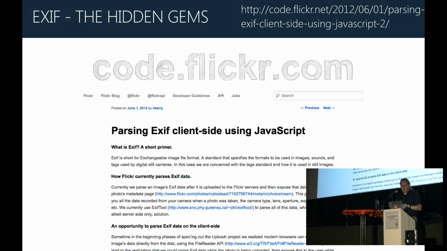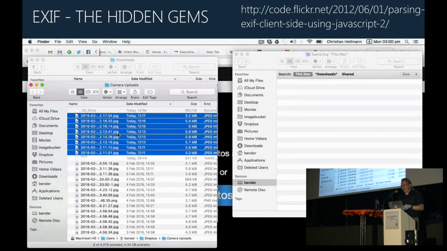In 2012 on Flickr, we wrote a blog post back then about parsing EXIF client-side using JavaScript, and that is a really good blog post to still read to find out what kind of information is in your images that you can use for your stuff. There's all kind of interesting things in there. The most interesting one, I think, is